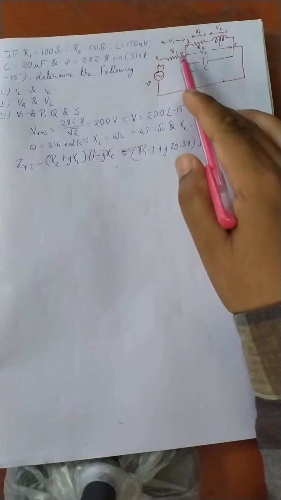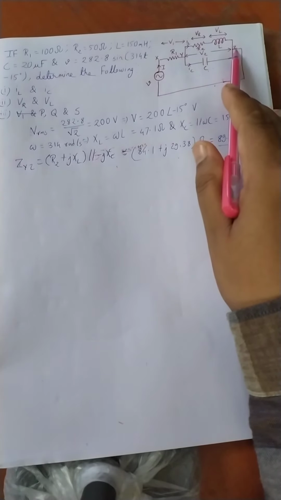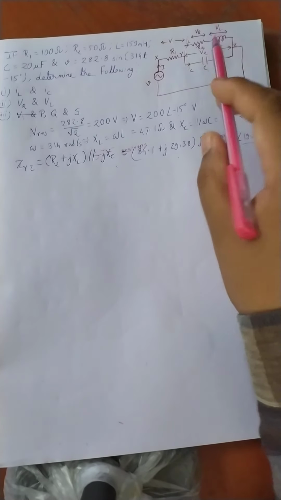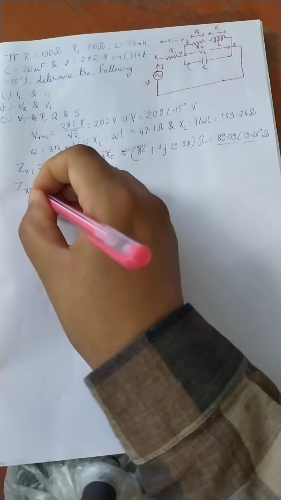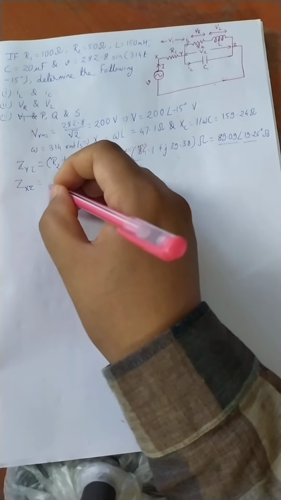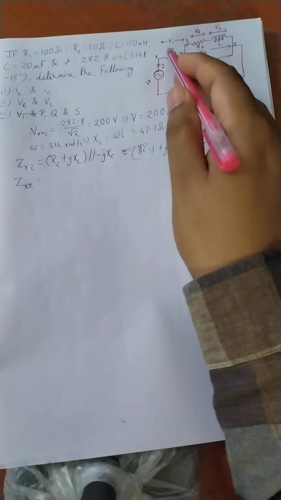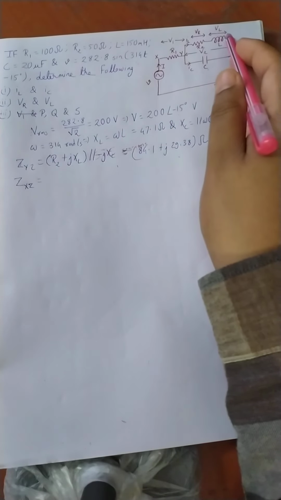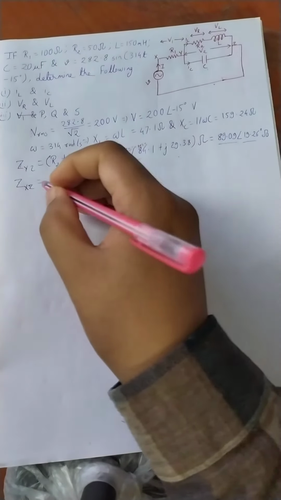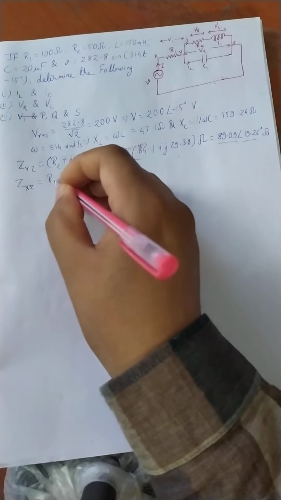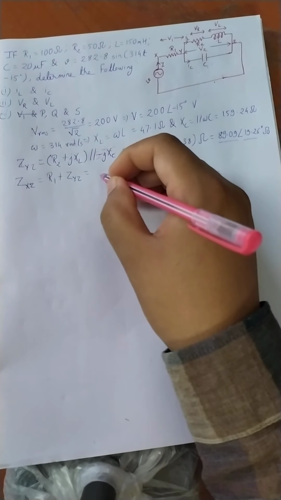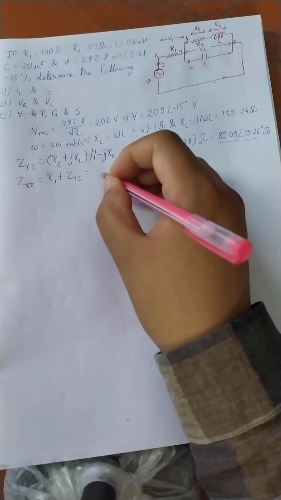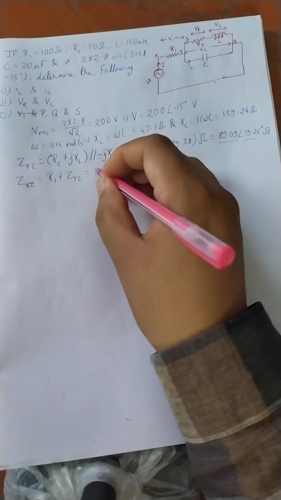Now we had found what? We had found the impedance between this y and z. Now let us suppose I am going to find out the impedance between x and z. So that would be this R1 in series with this equivalent combination. So we can write that as R1 plus Z_YZ. Solving that, we are going to get that should be equal to